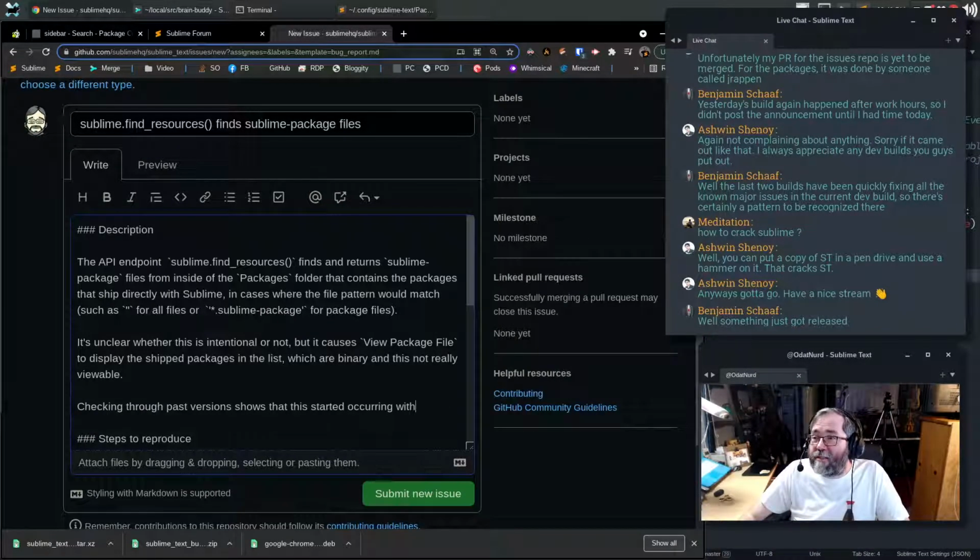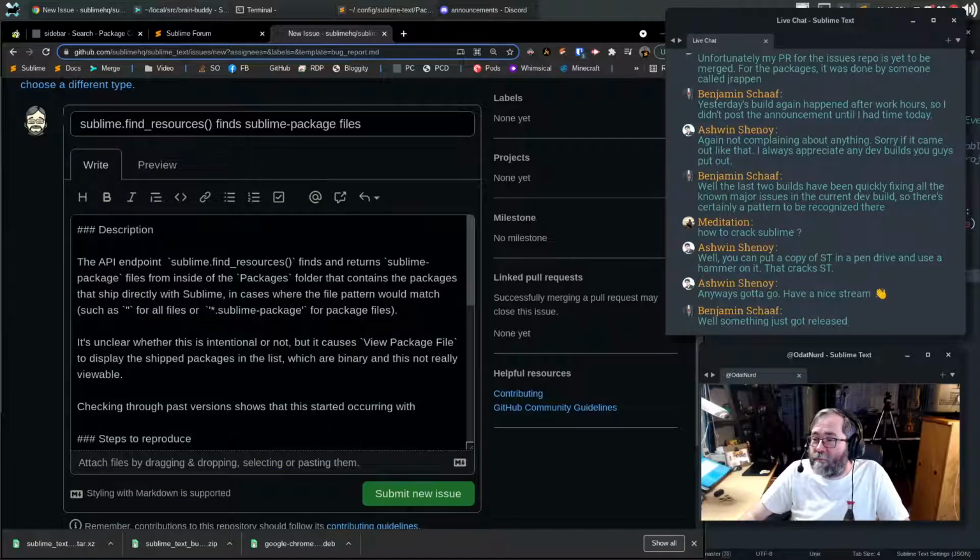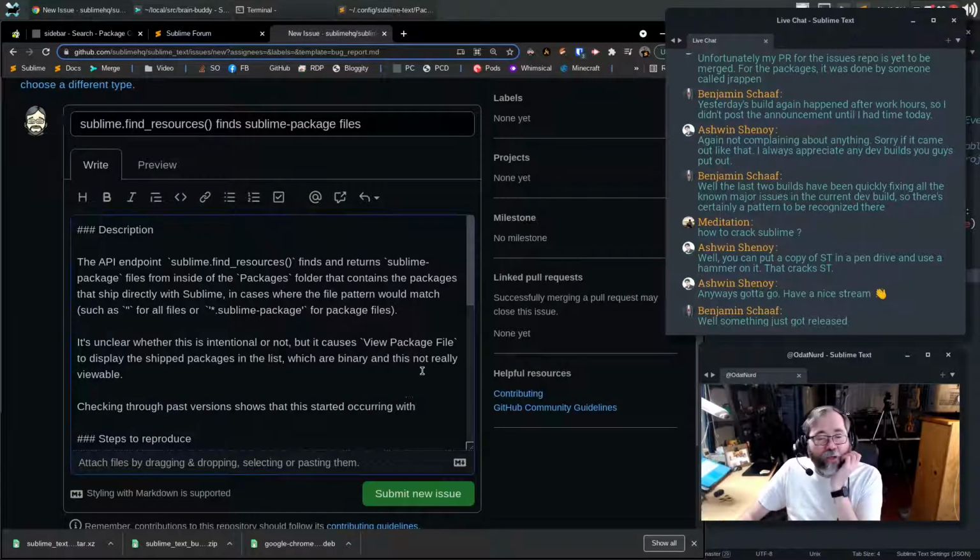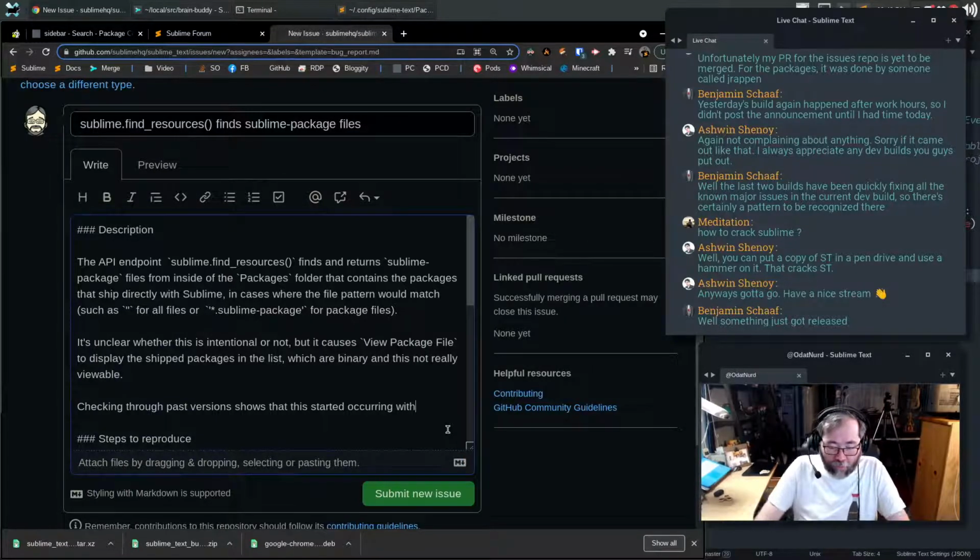Something just got released. Uh-oh. I just subscribed to a bot on Telegram. I believe it checks Sublime's update URL like every minute. Well, that's exciting. Here we're going to go. Build 4114. Prior to that,